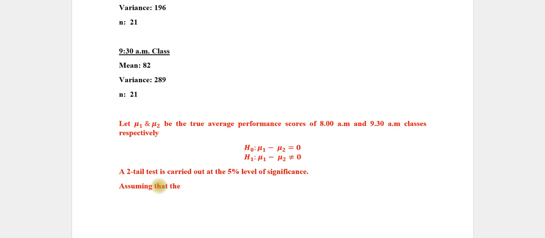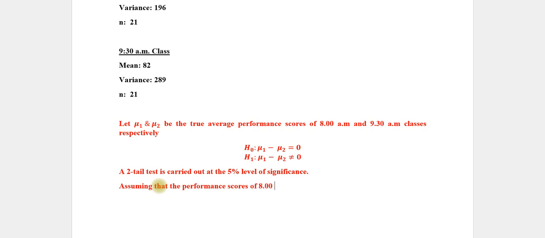Assuming that the performance scores, I call it performance scores, you might have said it, you might have written marks, all right, it would have been okay, there's no problem. Assuming that the marks come from, I wrote it as performance scores. Assuming that the performance scores of